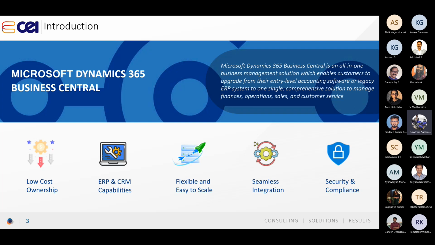Plus compliance. If you conduct business globally, Business Central lets users adjust settings so the data is collected and stored in ways that comply with local laws. So this is the basic introduction of Business Central and the key reasons why you should choose Business Central. So let's move on to the next slide